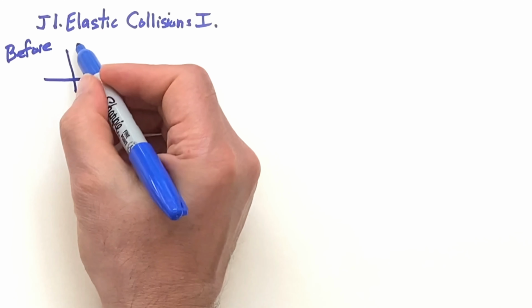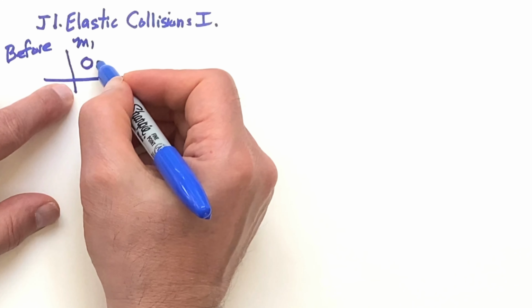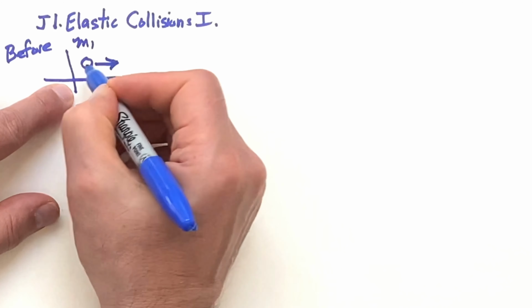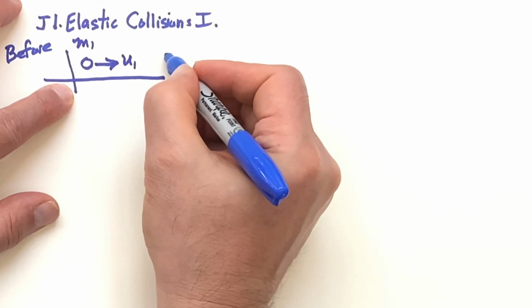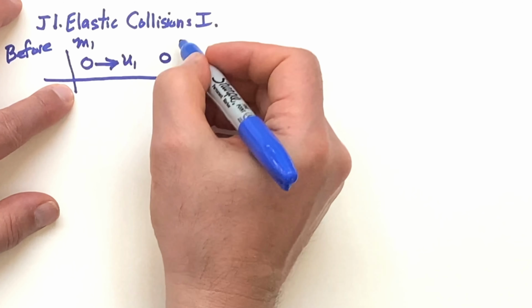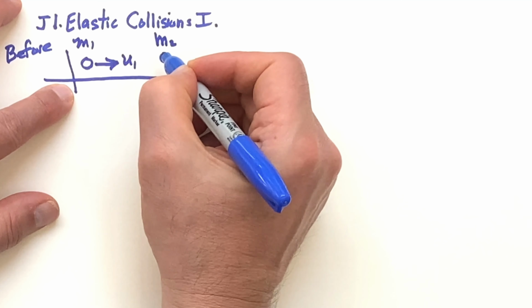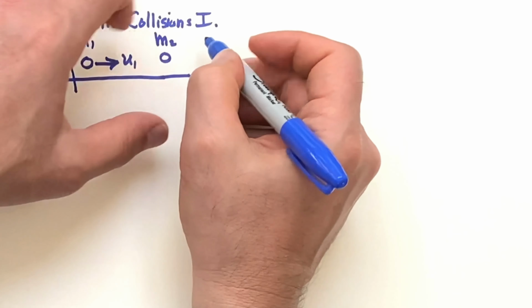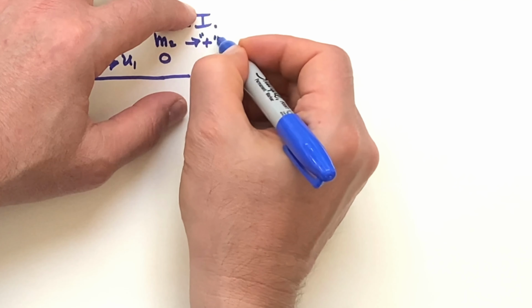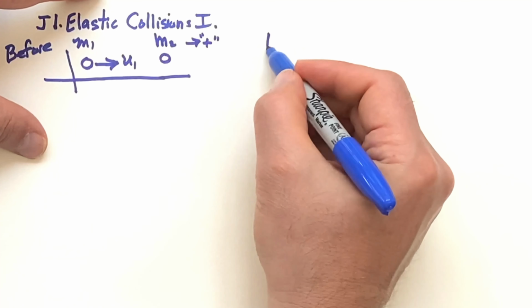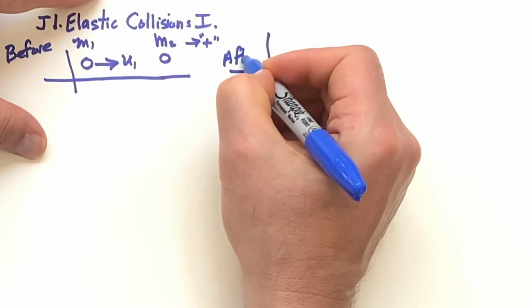We have a mass 1 traveling to the right with velocity u1, and we have a mass 2 sitting there at rest. And this direction is positive to the right. Then if we look at the after situation,